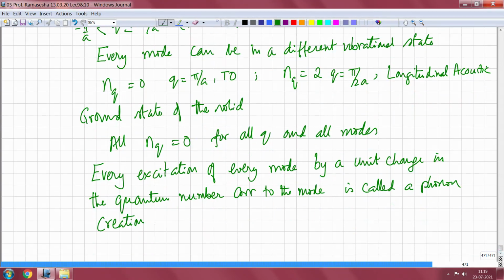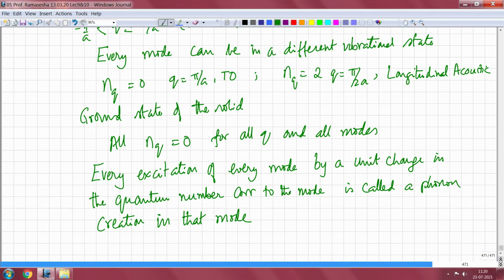Phonon creation in that mode. For example, if you excite the q equal to pi by a transverse acoustic mode from nq equal to 0 to nq equal to 1, then you say that you have got one phonon in the transverse optic mode. But supposing it was already excited, like nq equal to 2 in the longitudinal acoustic mode, and it gets de-excited